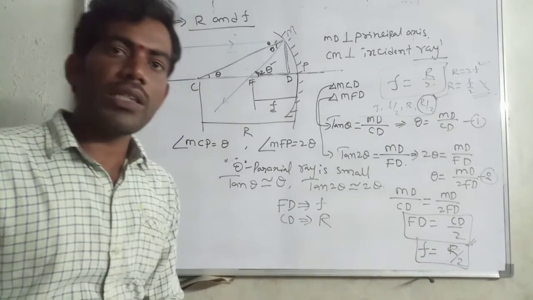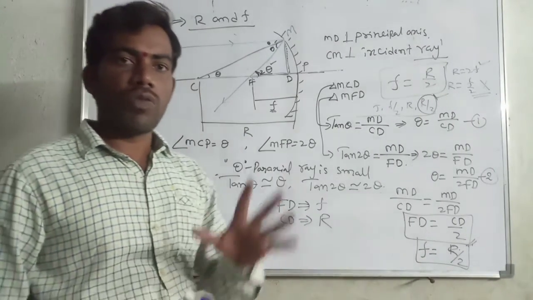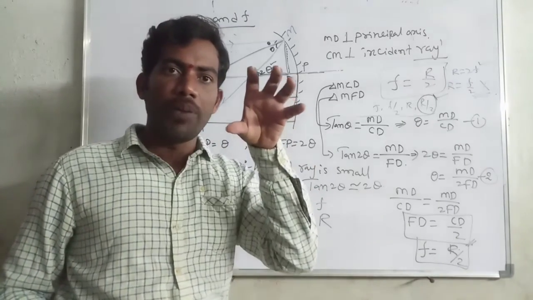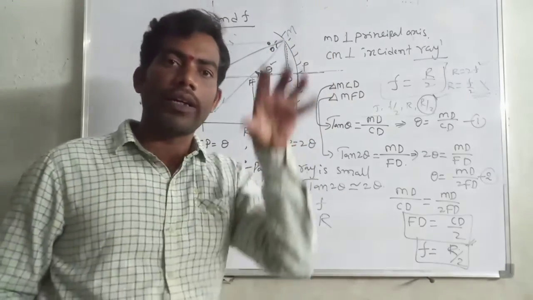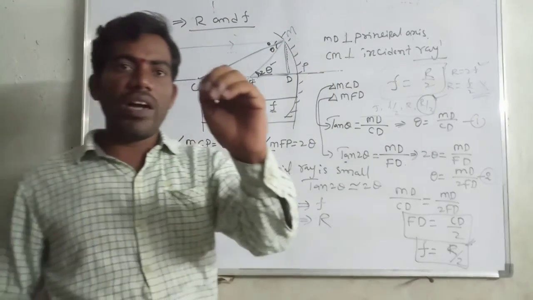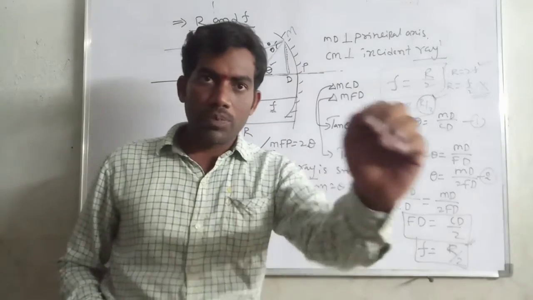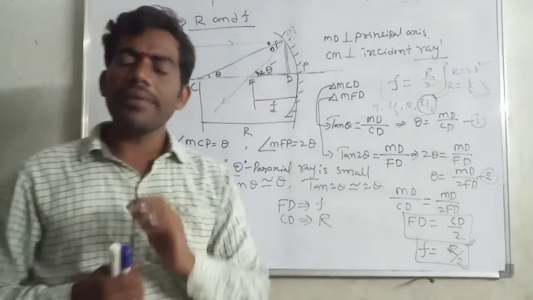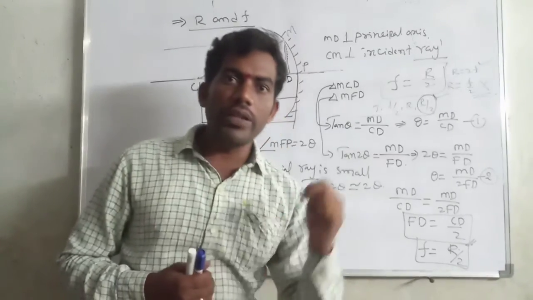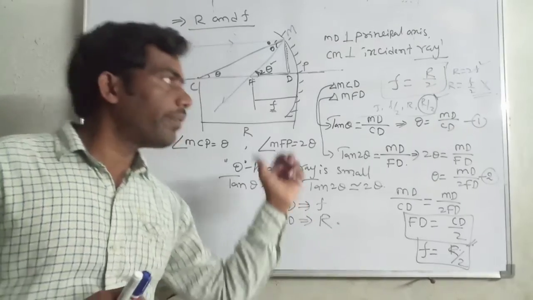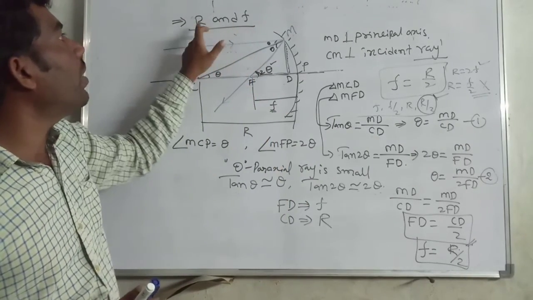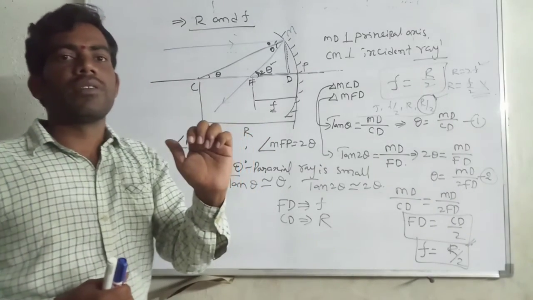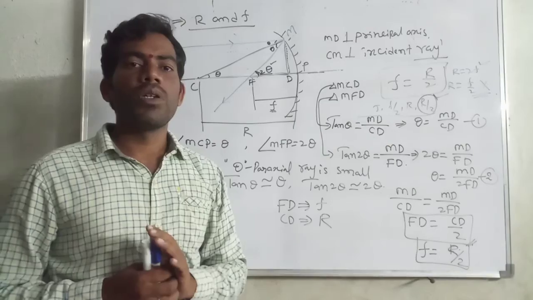In this video class, we learned what happens when a light ray beam is incident on a concave mirror and convex mirror, and we defined the focal plane. Then after, we derived the relation between the focal length and the radius of the center of curvature. This is this video. Thank you for